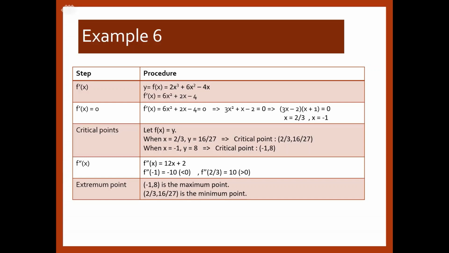Next, determine f double prime x. By differentiating f prime x with respect to x, you should get 12x plus 2. Substitute the x values into the answer, and you will get f double prime of negative 1 equal to negative 10, which is less than 0, and f double prime of 2/3 equal to 10, which is greater than 0. Based on these values, we can conclude that (-1, 8) is the maximum point and (2/3, 16/27) is the minimum point. Next,